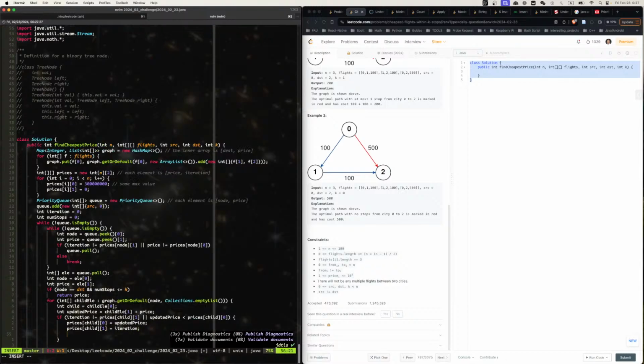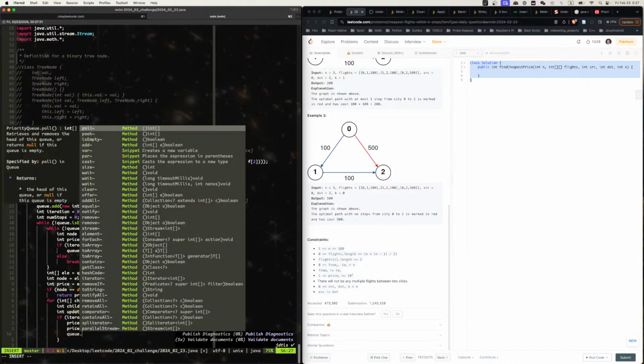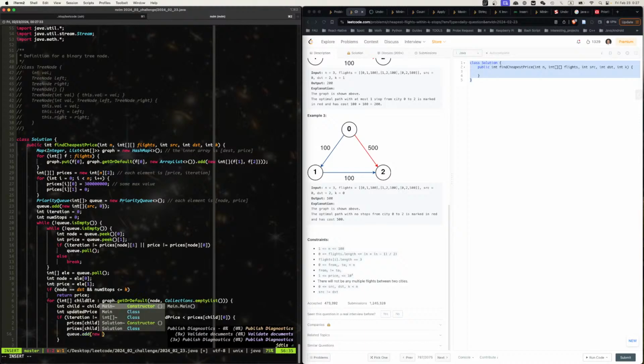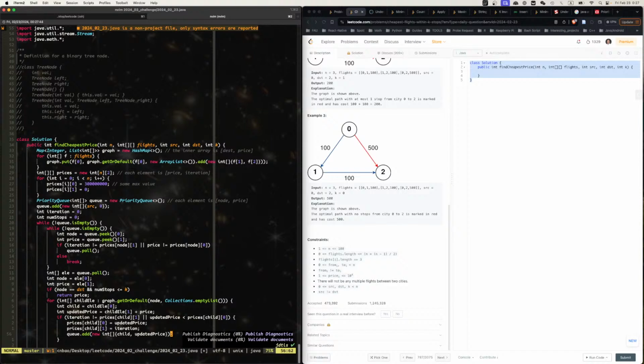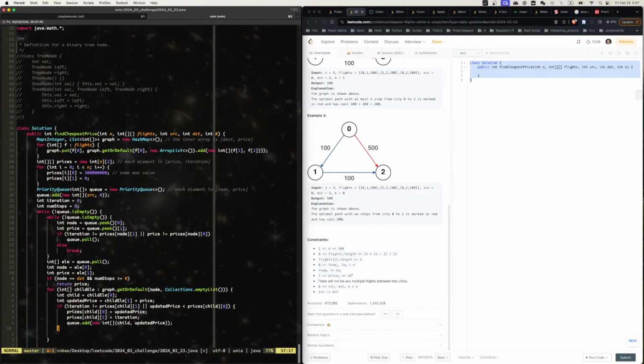Okay, then we need to push that into the queue. So queue dot add new int, for the queue is node, which is child, is updated price. Right, so it pushes in, then we're good. Then we go to the next one, we push all of them in, and then once we're done,